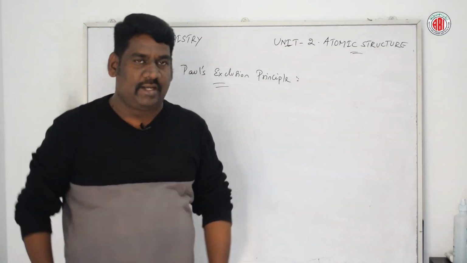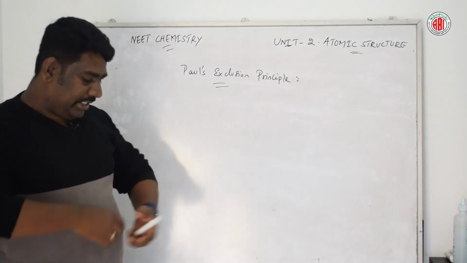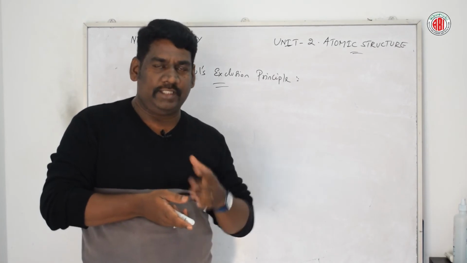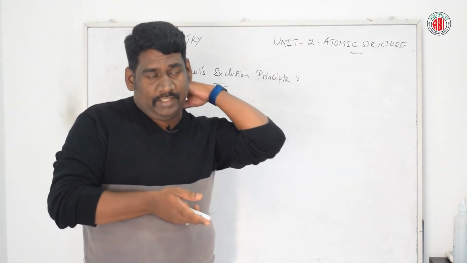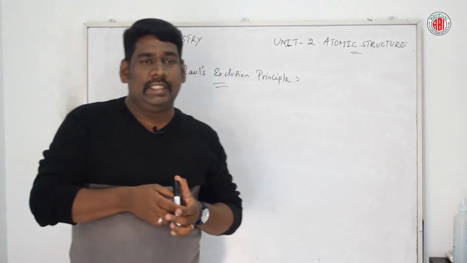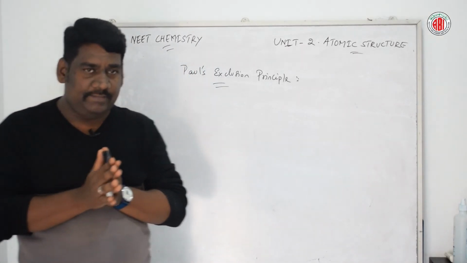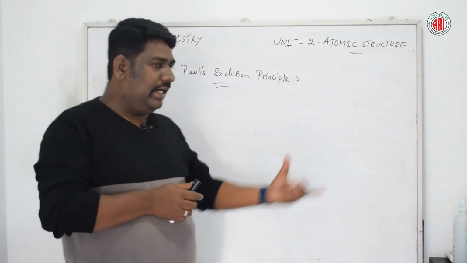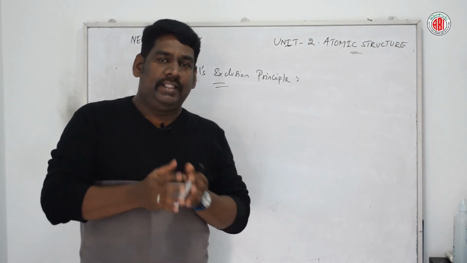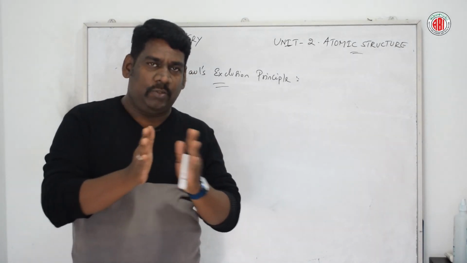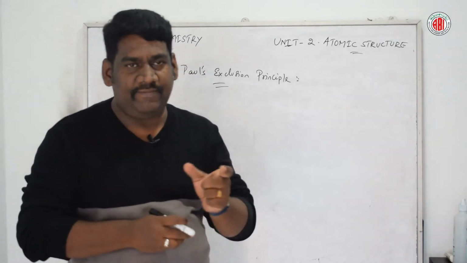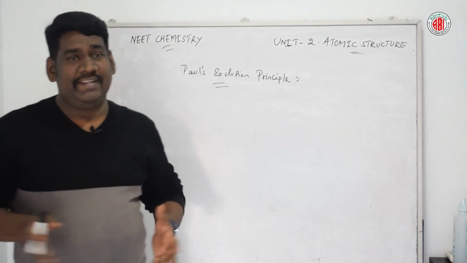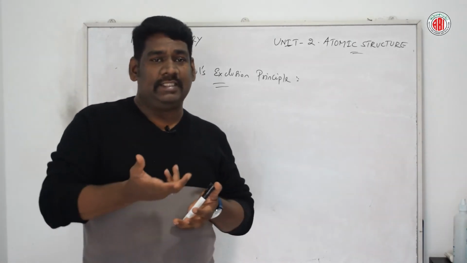Let us talk about the next topic. In this next topic we are going to discuss Pauli's exclusion principle. What is this principle actually explaining? According to this principle, there are no 2 electrons in an atom which can have the same values of all the 4 quantum numbers. If you take any 2 electrons present in an atom, there are no 2 electrons that could show the same values of all the 4 quantum numbers; either one or 2 quantum numbers may vary. How is it possible? Let us discuss in detail.